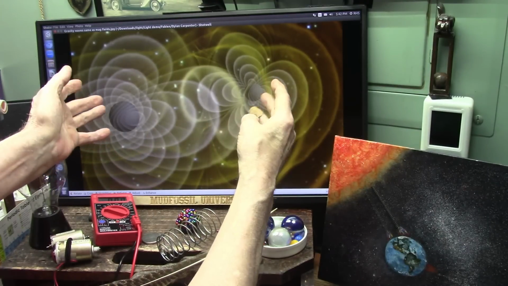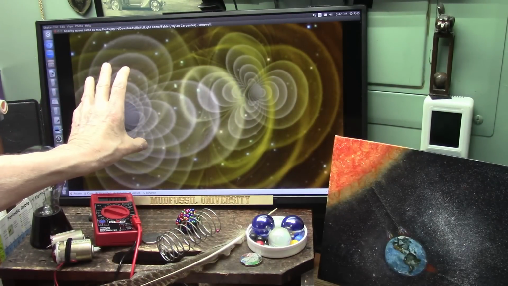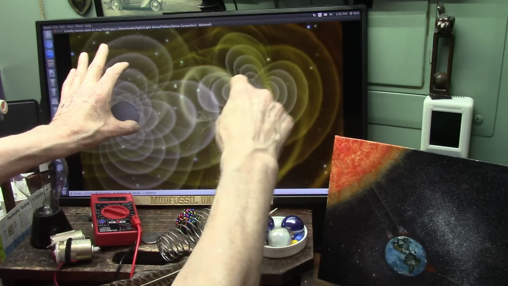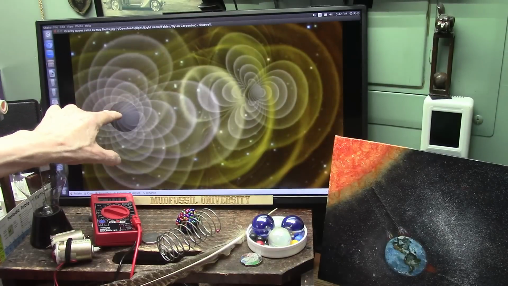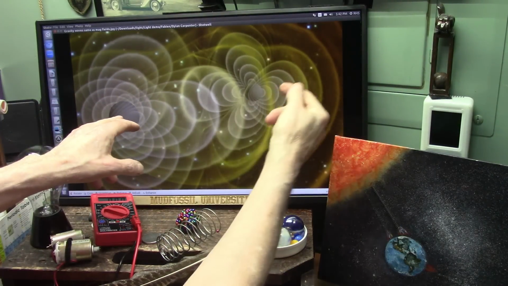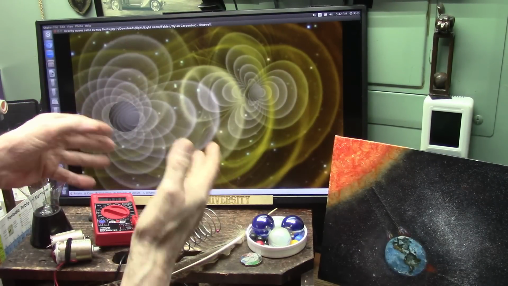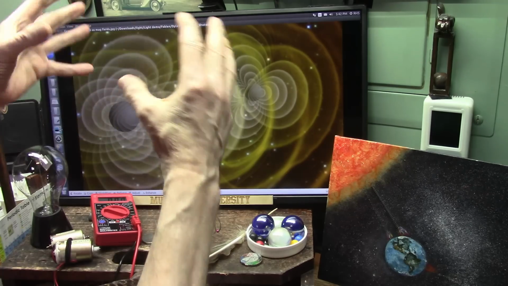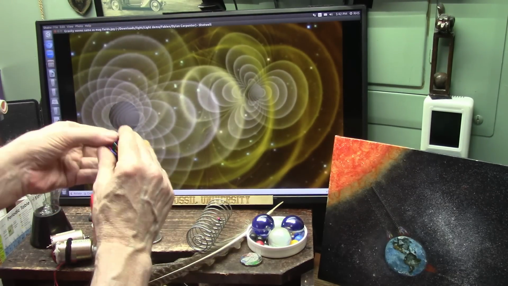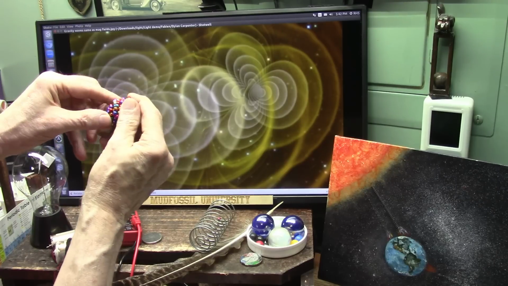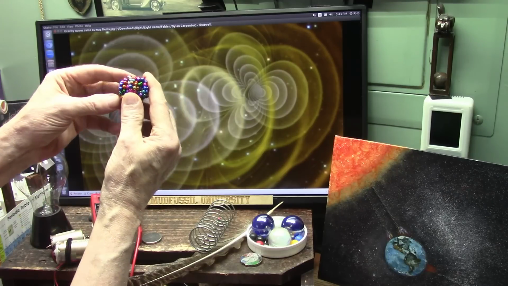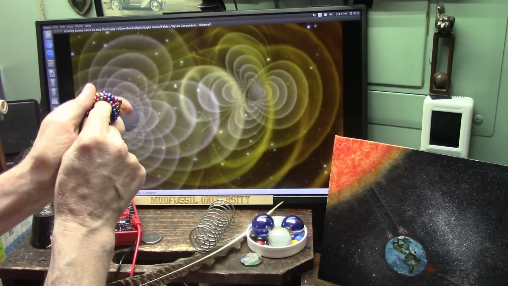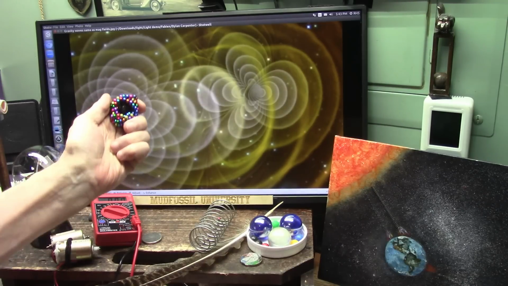Whether I know the white wants to go to the black, because the black is ground and stationary. The white is where you feed the particle in. It goes through the motor, turns the motor, and ends up going into ground. So the white is attracted to the black. The black wants to be with the white, but it wants to be inside a ball of white. In other words, this is an atom, specifically a hydrogen, which means it's one proton. Inside that proton, though, is this, the dark part.